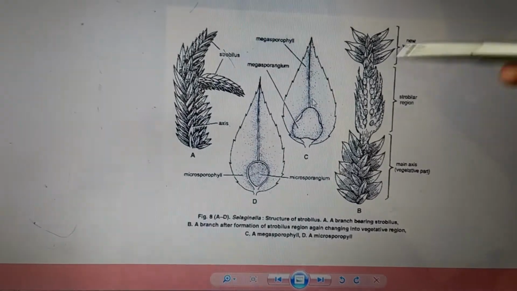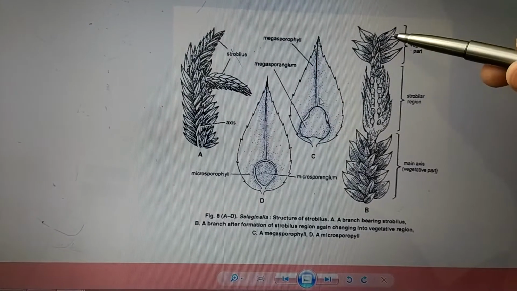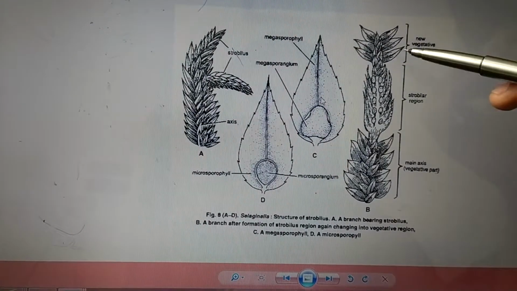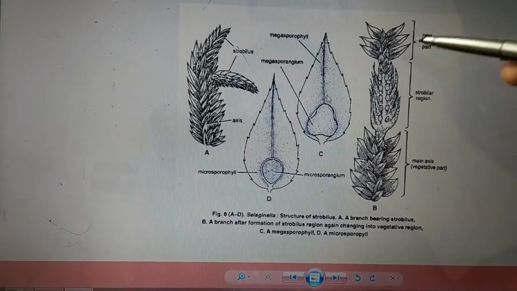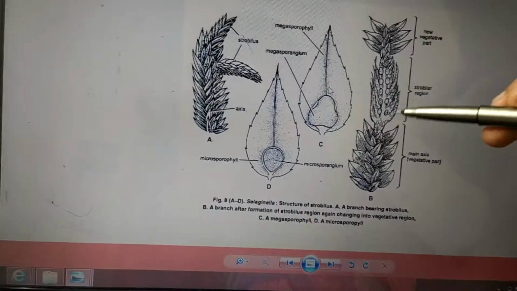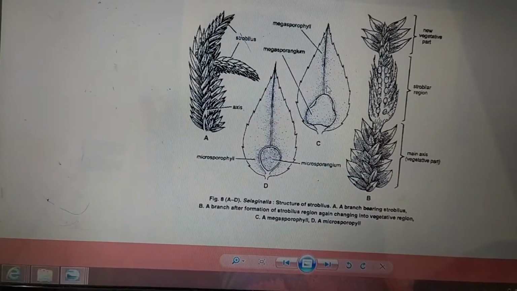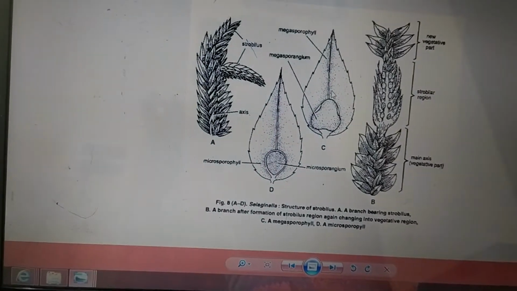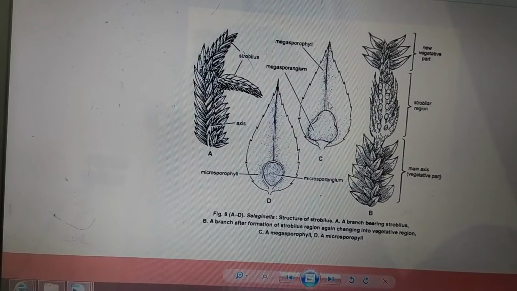First of all, the strobilus is formed at the tip, at the apical region of the branch. Above that, there is a growth of vegetative leaves. These leaves won't carry any kind of spores in them. This arrangement is called Selago, which may come as a 2 marks question. Above the strobilus there is a leafy growth. Such growth is called the Selago condition, and examples are species like Selaginella cuspidata and Selaginella patula.